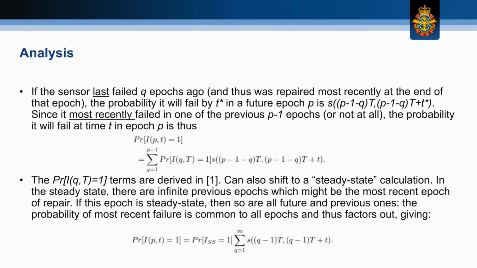So what happens here is, instead of having the probability of failing in epoch Q being distinct for each epoch Q, now there are infinite previous epochs, all of which have the same probability of having a sensor having failed in that epoch. And then that gets factored out of what is now an infinite sum. So this expression at the bottom I'll elaborate on in the next 2 slides,